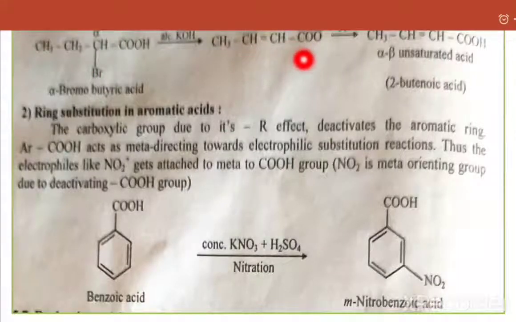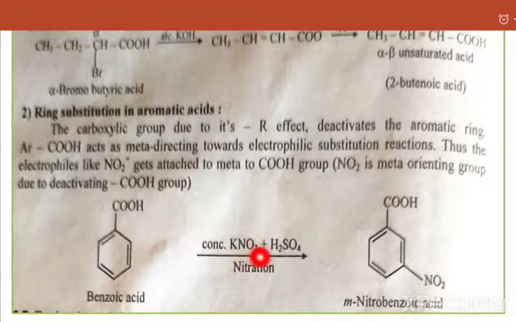That means now addition of H plus, we get the alpha beta unsaturated acid. We call it butenoic acid, that is 2-butenoic acid. That means 2 indicates the position of the double bond. Now then next is ring substitution in aromatic acids. Now here if we see the reaction, this is the structure of benzoic acid, and the benzoic acid